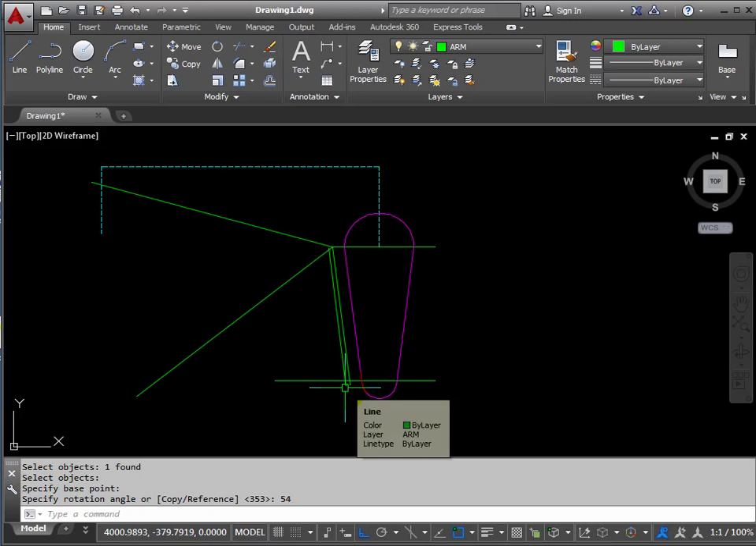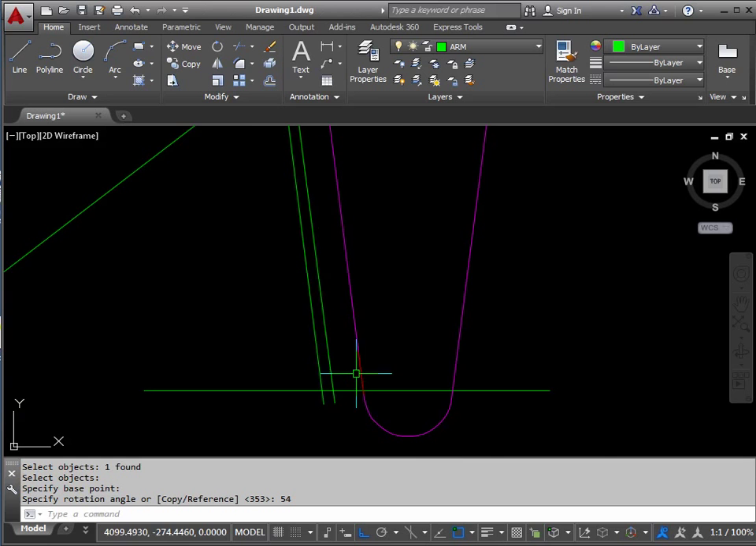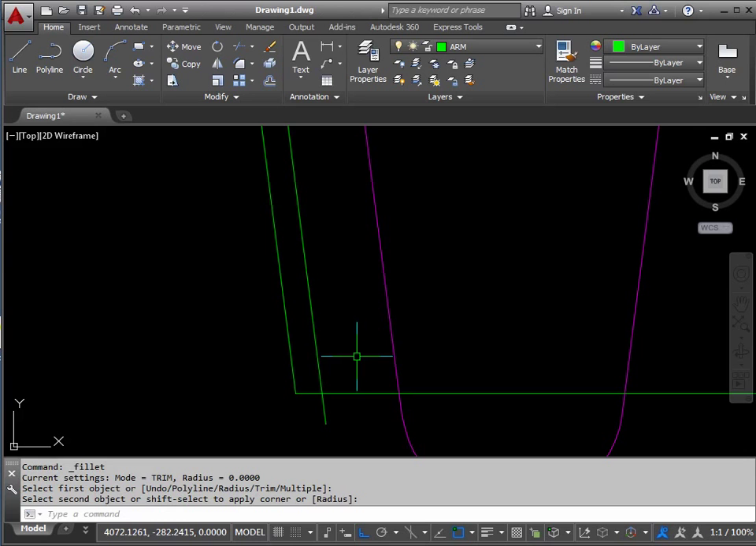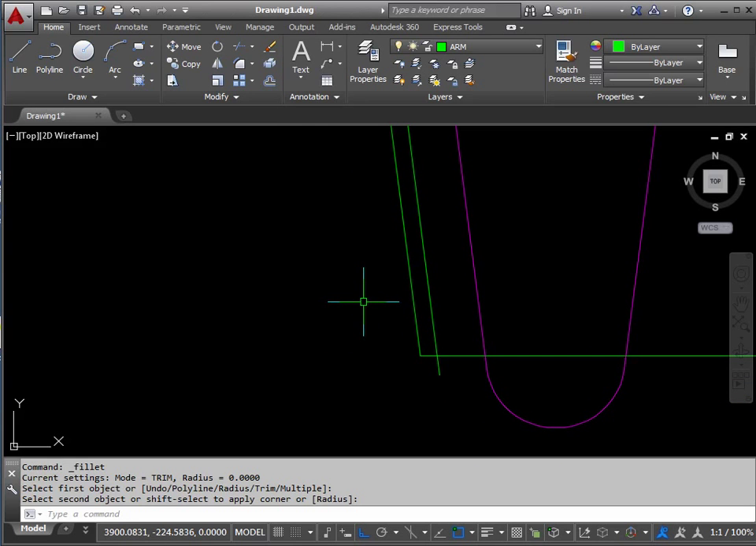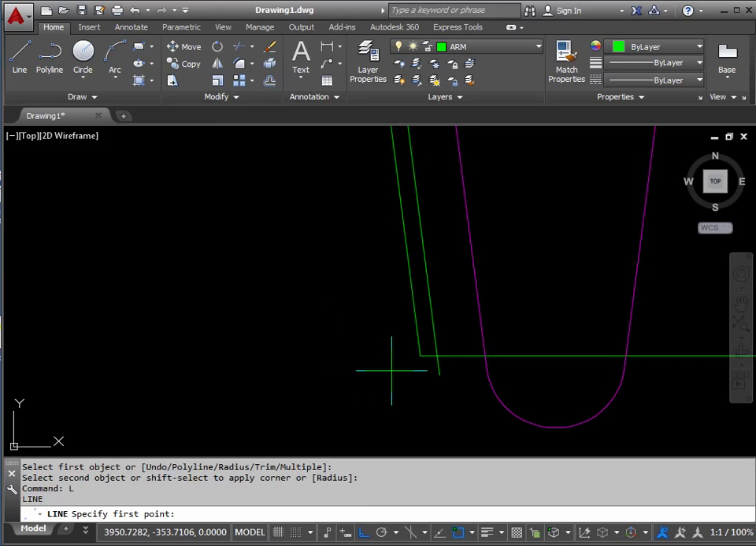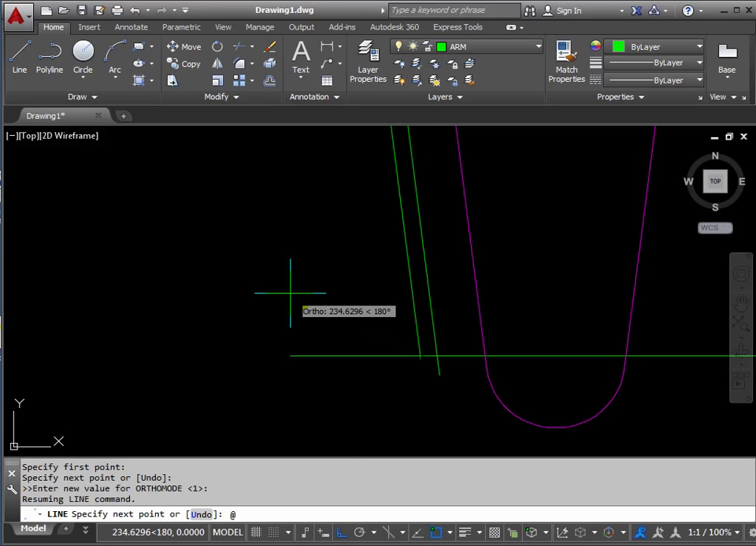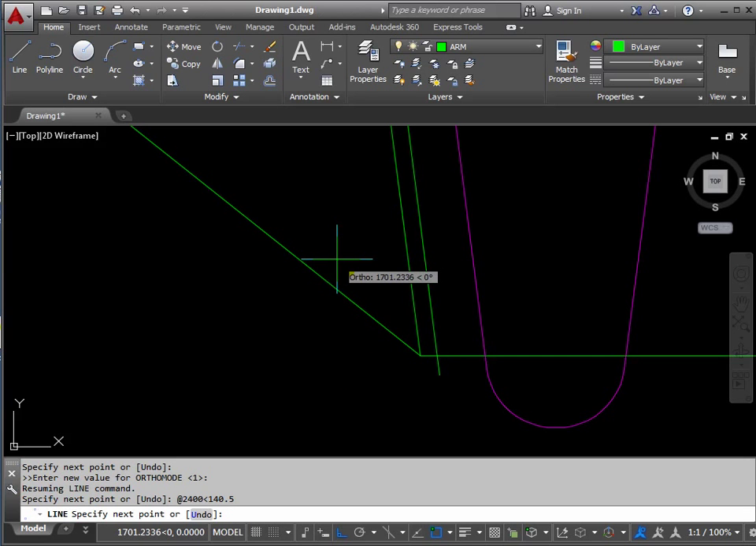Okay, it's a slightly different setting out point this time. Okay, what we'll do is we'll join this line to here. So we're filleting again. So it's fillet the outer green line to the horizontal. Okay, another line. Let's use our angle setting. So L for line and return. We'll go from this position, and we want to go at, let's go 2400 at an angle of 140.5. Press escape to stop the line command,